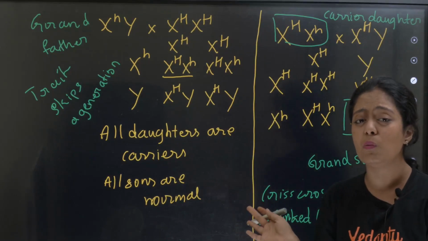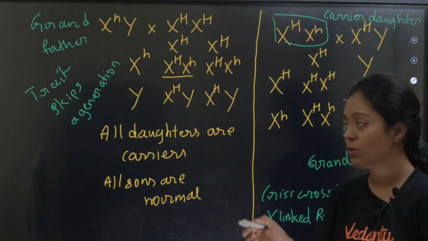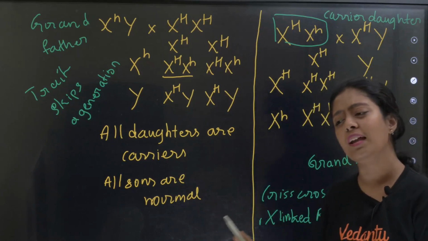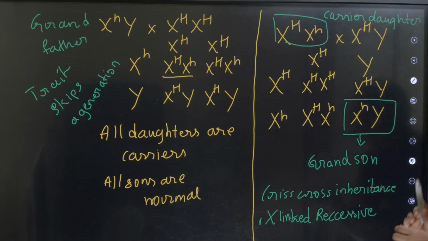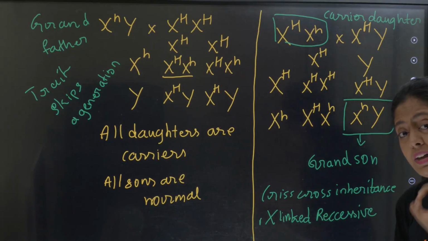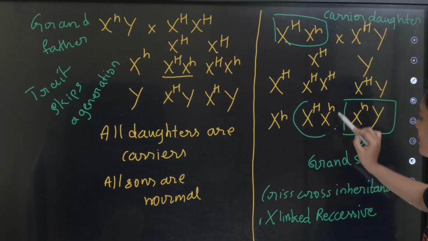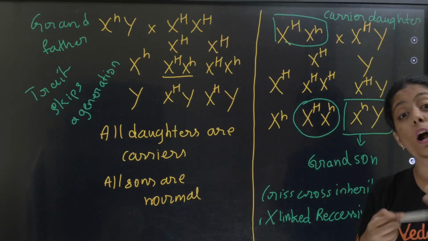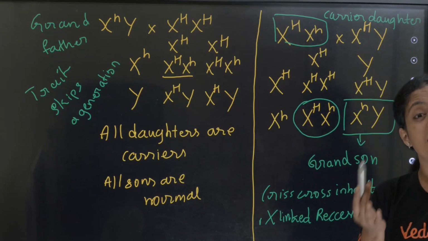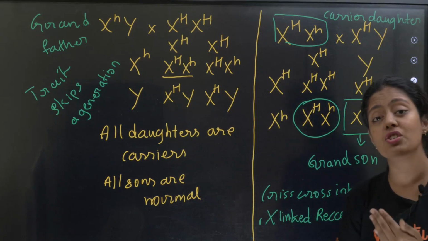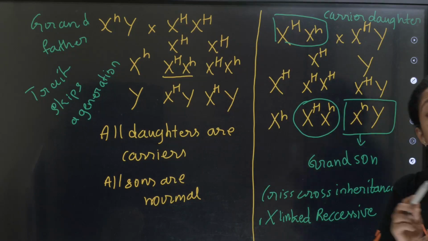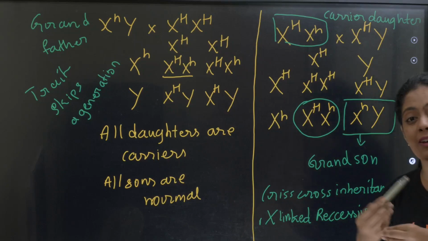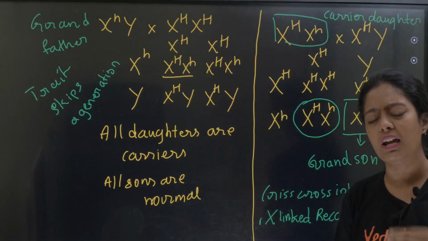Okay, even if they give any numericals, the phenotypes and genotypes that I wrote in the previous slide, if you understand the pattern in this slide, you can actually answer everything. So they can give you this question and ask, what percentage of females are carriers? 25%. What percentage of females are normal? 25%. What percent of the progeny is normal? 75%. What percent of the progeny is affected? 25%. What percentage of the males are affected? 50%. Okay, they can definitely ask different types of questions like this, very easy.